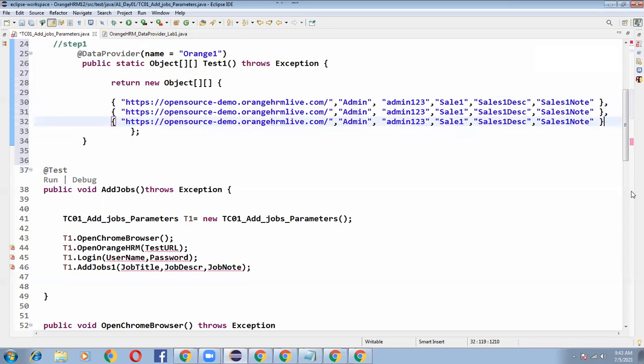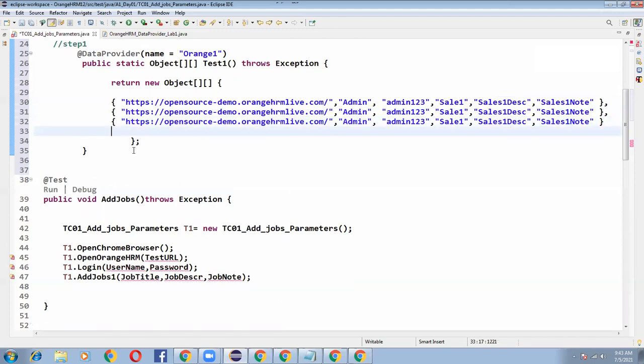Like this is the syntax I have written. Here I want to give sales2, sales2 description, and sales2 note. And here I am giving sales3, sales3 description, and sales3 note.